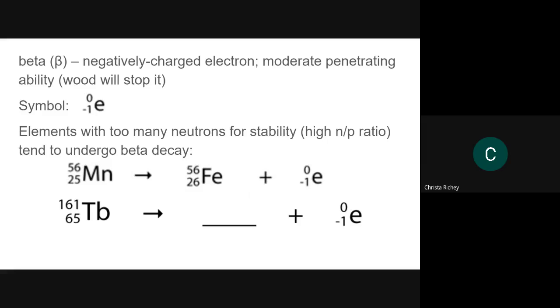We're removing an electron, so instead of it being 65, it's going to be 66. Top number does not change. Good, I didn't mess this one up. And so if I find 66, dysprosium. If I don't hold it right, I can't read it with my glasses. That's Dy. Okay, so the previous one, alpha, you take away 4 from the top, you take away 2